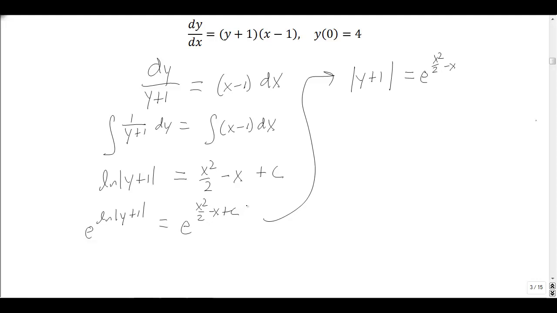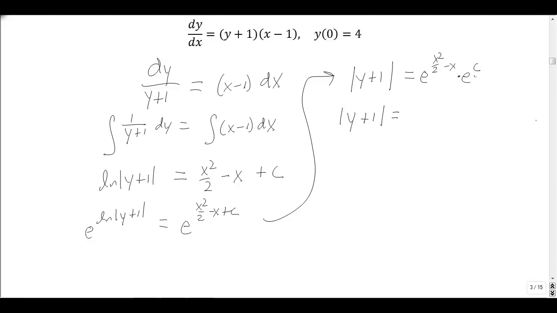And then because I'm just adding something, there's a rule of exponents that says I can write this as times e to the c. Now, I could write this as e to the x squared over 2 times e to the negative x times e to the c. But what I'm trying to do is pull the constant, that c, out on its own. So I want to keep the x's together. Okay, so now I get y plus 1 absolute value